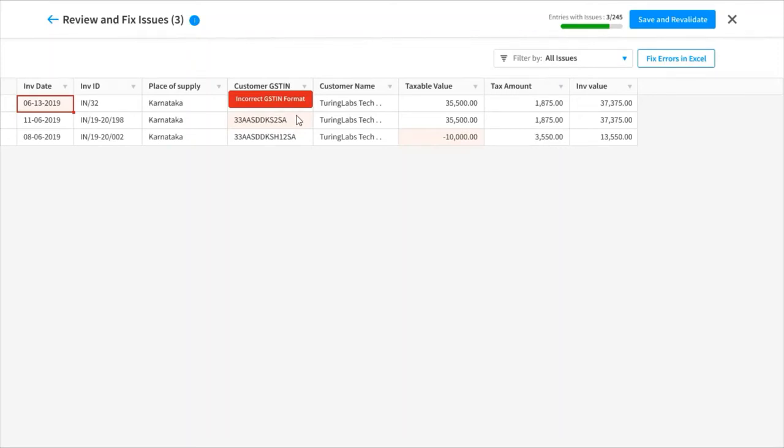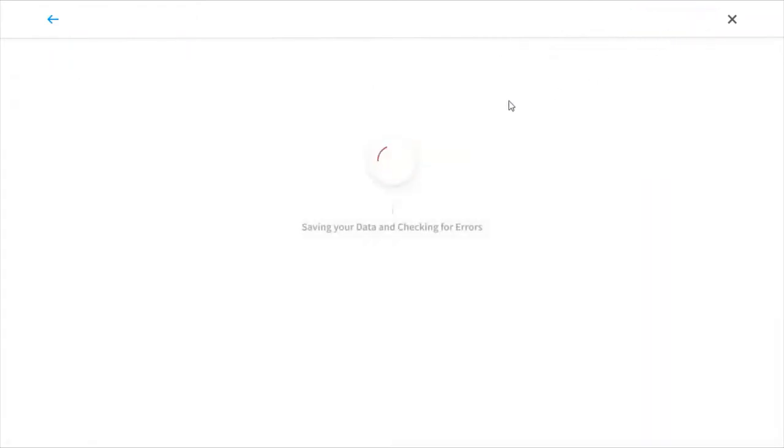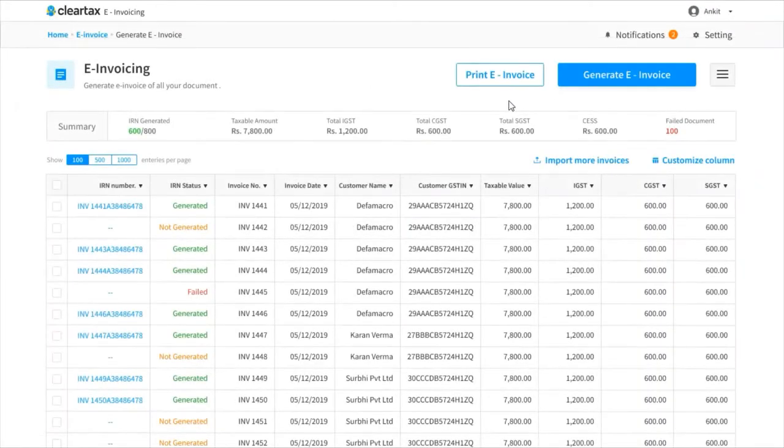All your Excel shortcuts, like Control C, like Control V, the way one is typically accustomed to dragging and dropping cells, all of this will work in our Excel-like UI. We have tried to make it as user friendly as possible. So I will have corrected these errors, and now when I move to the next screen,